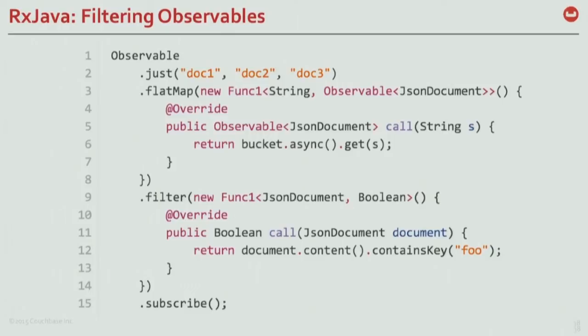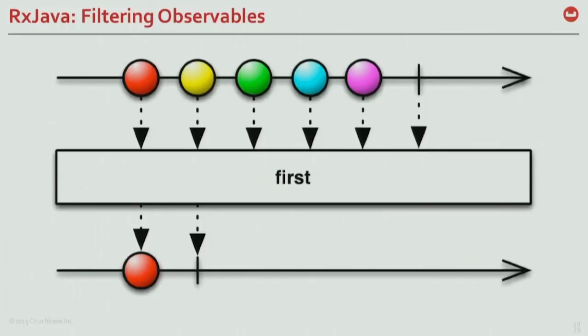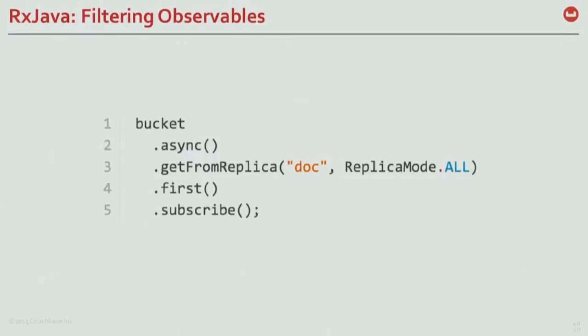And I'm filtering. Filtering is basically I have a document coming in, because that's what flat map returns. This returns an observable of document, so I have a document coming in. And it will return a Boolean, because it's a filtering function, if this is true, and so on. So it's actually super easy. It's easier to understand what operators do if you use something like this. I personally spent a lot of time using this when I started learning RxJava, and I still do for other operators that I haven't shown you, like zip or combinators. I mean, there are some crazy operators you can use to do some crazy stuff.